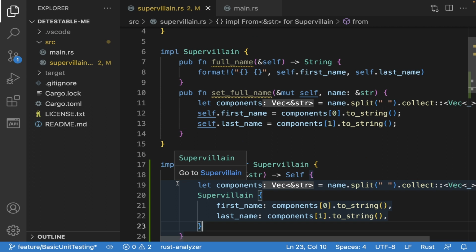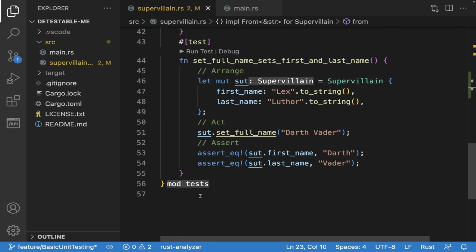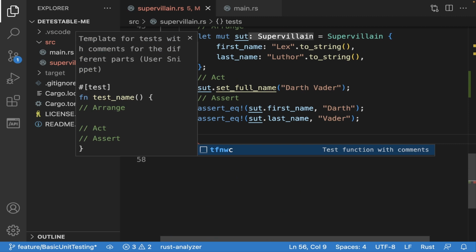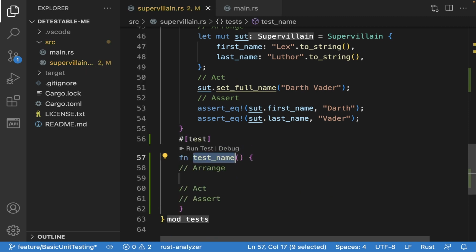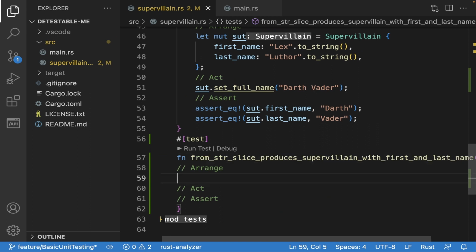So let's go to the module in which we have the test, and let's create a new test here. So I'm going to use the snippet that we were using before, and I'm going to change again the name of the test, and I'm going to use from string slice produces supervillain with first and last name. Pretty clear again. It tells us what it's expected to happen,